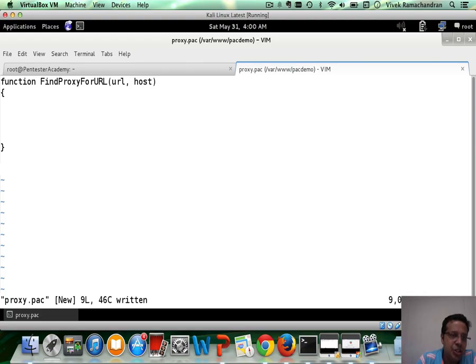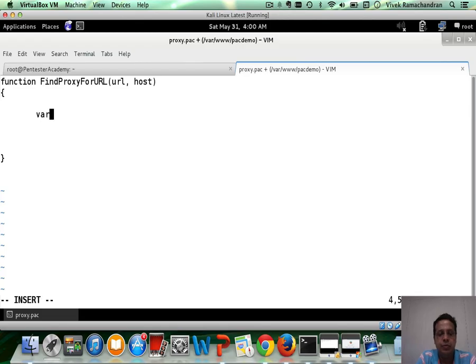And this function is responsible for sending back the proxy settings. So let me give you an example. Let's say we define an attacker-based proxy, attacker proxy, and let's give it the IP address. First we use the keyword PROXY and then the IP address 192.168.1.10, the port number, let's say 80,